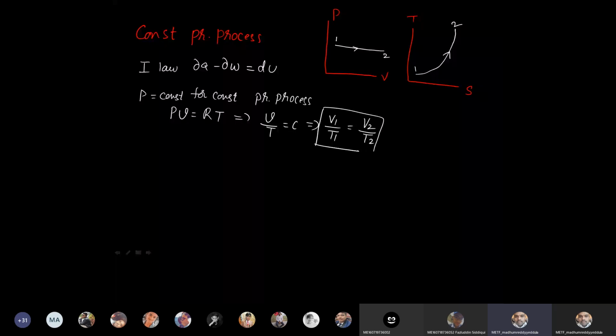And for non-flow process, because it is a closed system, I am discussing four processes for non-flow systems. Then after that, I will discuss the flow processes. These are all for closed systems. Later on, we will discuss heat and work interaction for open systems, that is, for flow processes also. For non-flow process, work done is the displacement work, P into dV. For non-flow process, dou W is equal to P into dV, right? And from this, work done is equal to